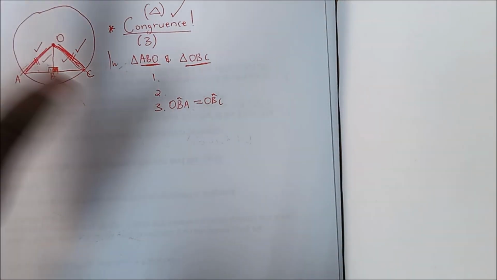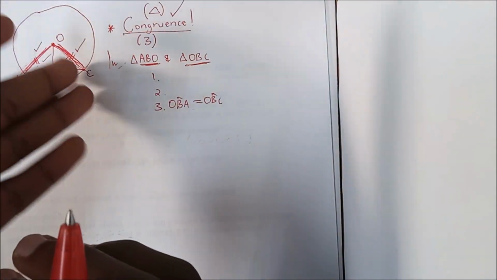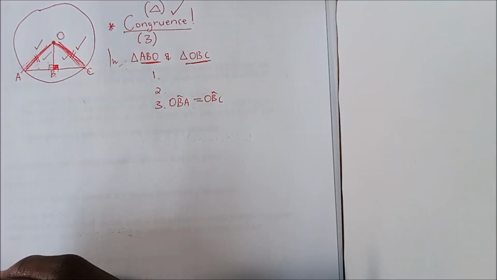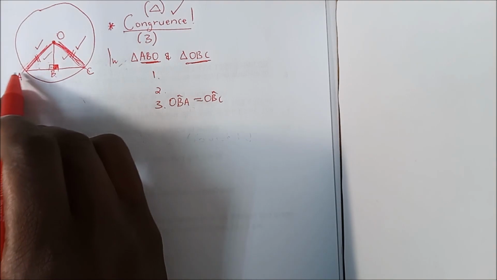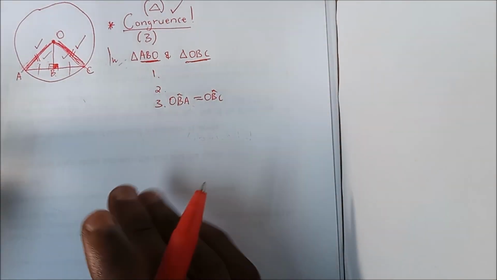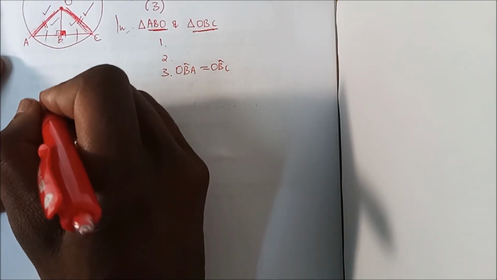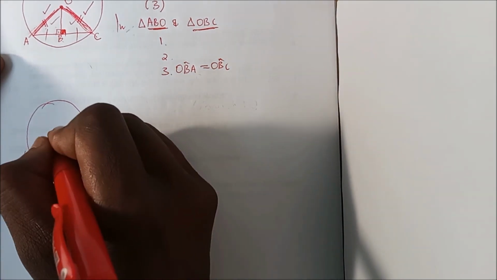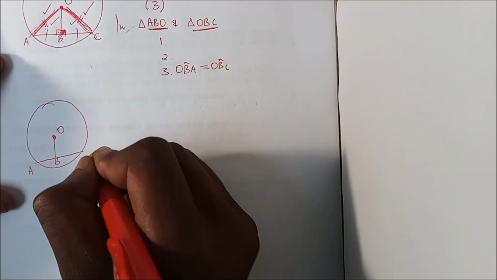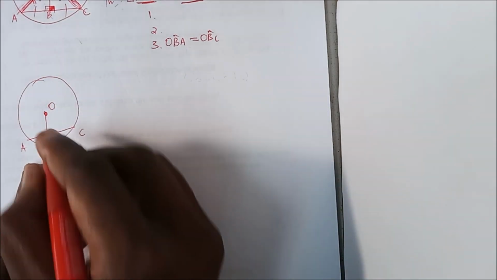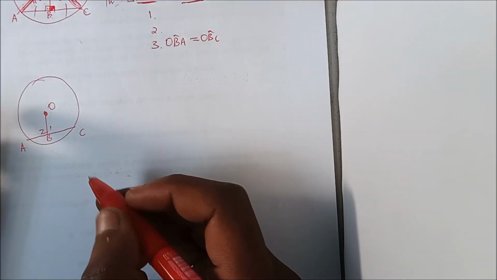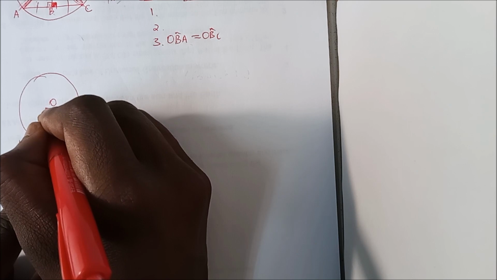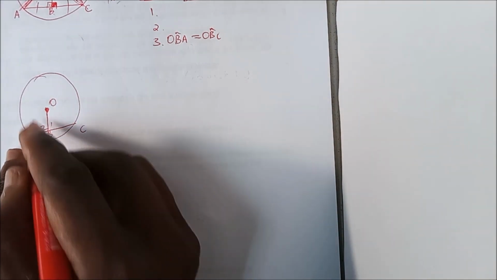So now this is the first theorem that you need to master. But once you see this, what must come to mind is that that angle is 90. And if that angle is 90, that means AB equals BC. So in summary version, because remember I said I'm not going to prove these things, what you have to know is, if you have something like this, let's say B1 and B2. Look at the line. The line is drawn from where? From the centre. And then goes down and cuts the chord,